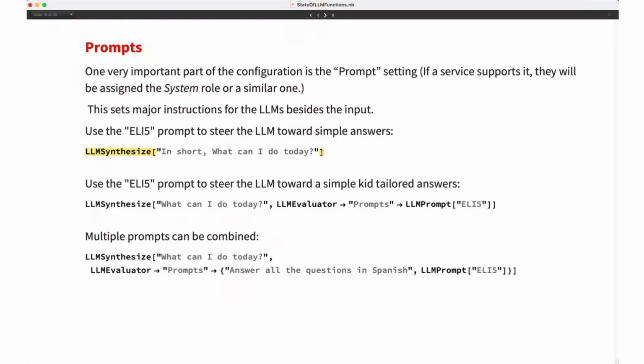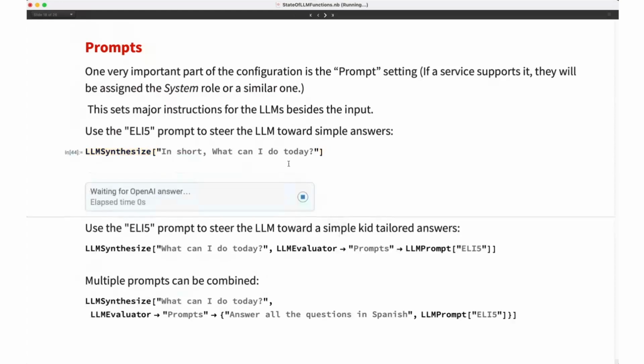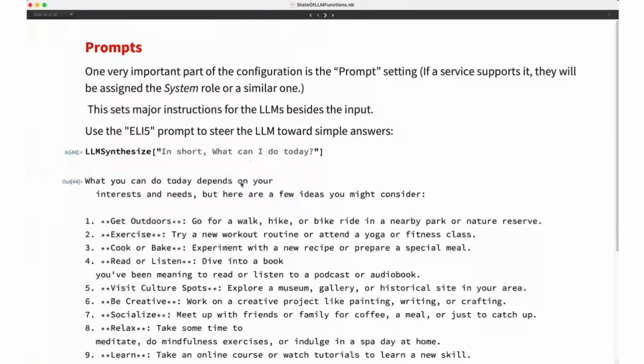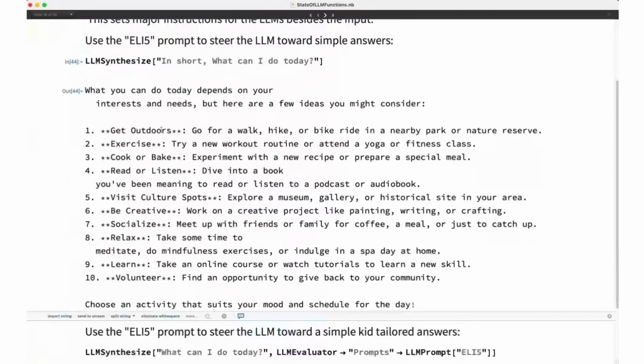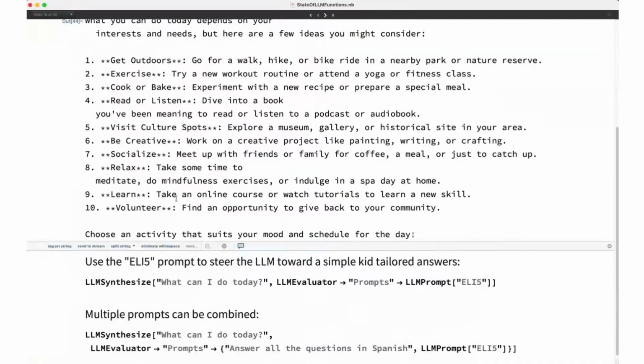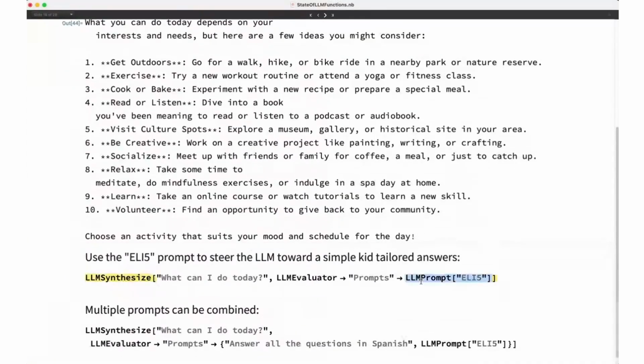And by passing a prompt, you can basically untangle the instruction on how the LLM should behave from your input. And you see, if I use LLMSynthesize with a question about what to do today, it would say, well, you know, it depends, and a few possibilities. And if I'm passing a prompt that says, basically, talk to me as a 5-year-old boy, the answer would be